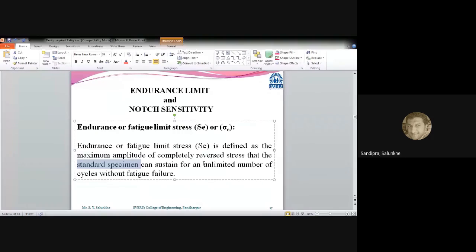मग तुम्हाला एक अशी व्हॅल्यू मिळेल, फॉर दिस एक्झाम्पल विल कन्सिडर इट ॲज अ 30 न्यूटन पर मिलीमीटर स्क्वेअर, एक अशी व्हॅल्यू मिळाली की तिथं तुम्ही नंबर ऑफ सायकल मोजतच बसला, कितीही अप्लाय करा कंपोनंट फेल होतच नव्हता, किंवा कंपोनंट फेल होतच नाही. तर त्याच्याच अगोदर तुम्ही जी व्हॅल्यू सिलेक्ट केली होती, 40, ती 40 तुम्ही काय केलं की 2000 नंबर ऑफ सायकल्सला तुम्ही अप्लाय केली, 2000 वेळेला तुम्ही त्याला कॉम्प्रेसिव्ह टेन्साईल केलं आणि 2000व्या वेळेला तो तुटला, म्हणजे ते झालं